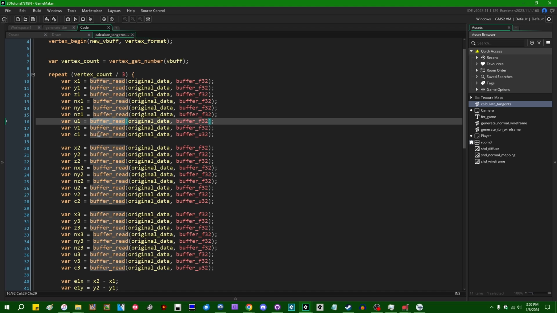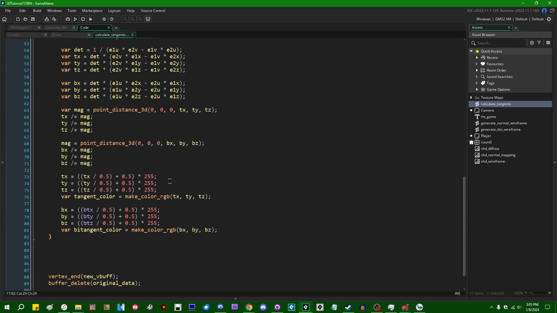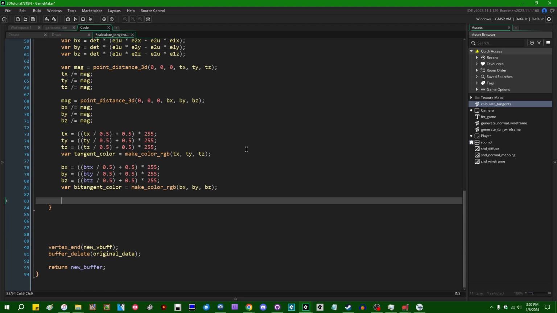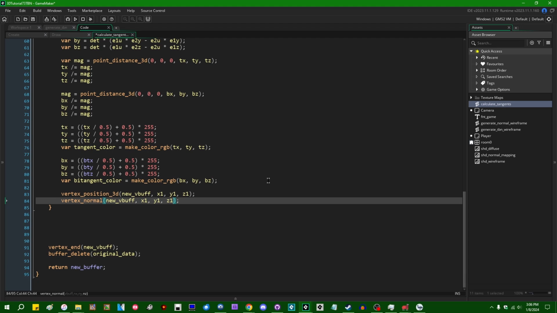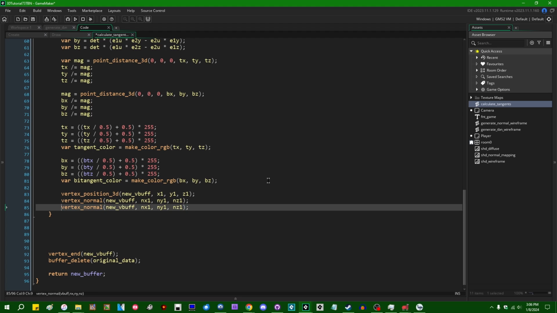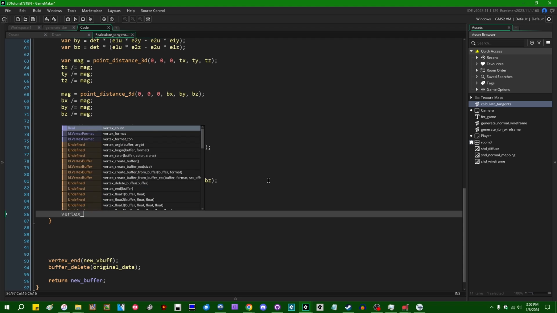It is just a matter of feeding this data back into a vertex buffer. And that's going to mostly involve a couple of steps that look something like vertex_position_3d, new v buff. We are, of course, going to want to stick the x1, y1, z1 back in without modification. Vertex normal, the original normal vector without modification. So nx1, ny1, and nz1. Vertex texcoord, u1 and v1. Vertex color is going to be